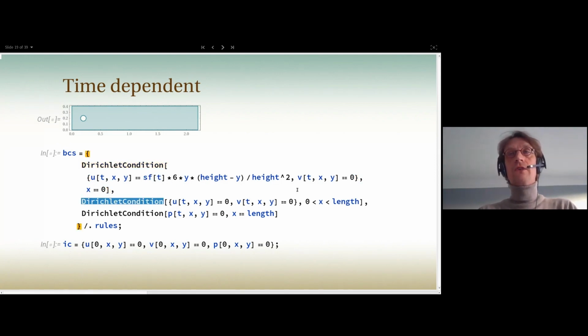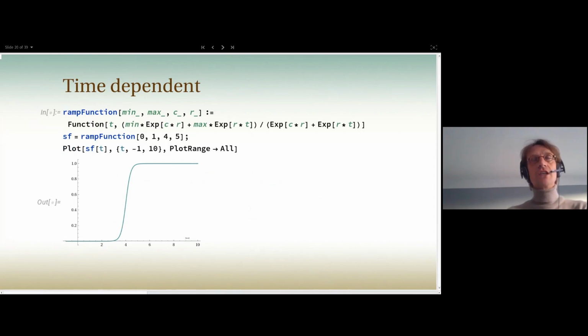Then for x larger than 0 and smaller than length, we have the wall condition, and at the outflow we have p equals 0, and the initial conditions are all set to 0. Because the initial conditions are all 0, this entire system is at rest, and we'd like to slowly ramp up this inflow condition. So I've written a small ramp function that up until 2.5 is 0, and then slowly goes up to 1, and at about 5 or 6 it has reached the value of 1,